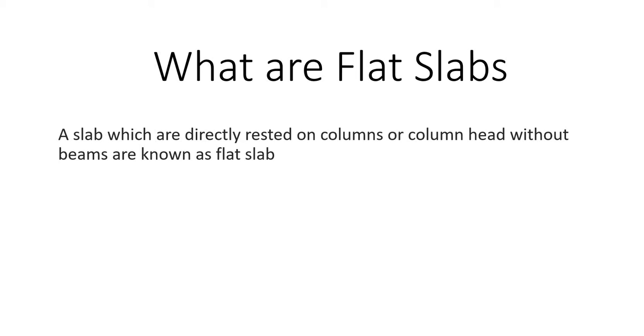Basically, what I want to say is that a flat slab is a two-way reinforced concrete slab that usually does not have beams and girders, and the loads are directly transferred to the supporting concrete columns. There are different types of flat slabs, but before we discuss the types,